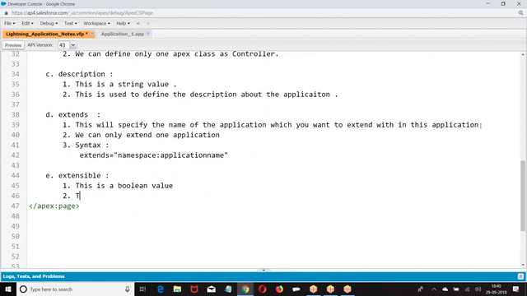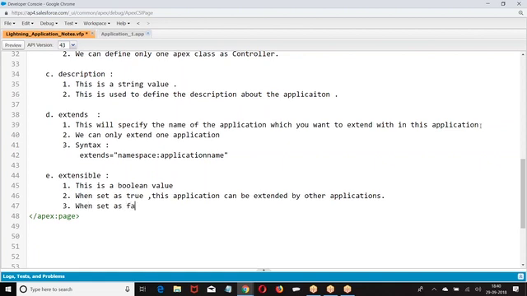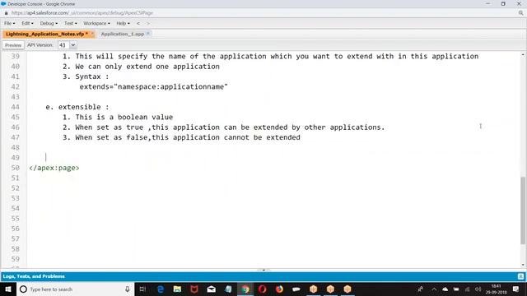When set as true, this application can be extended; otherwise set as false. Right. Next we have implements. What was that, implements?